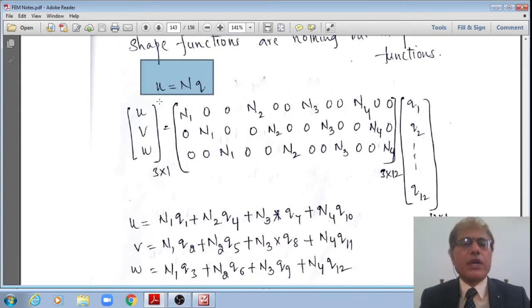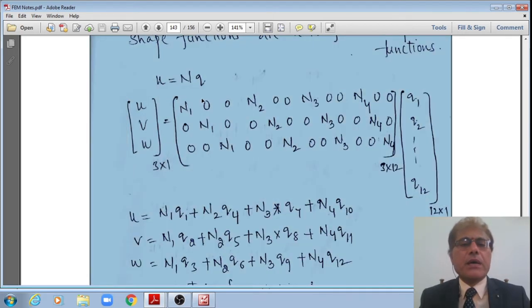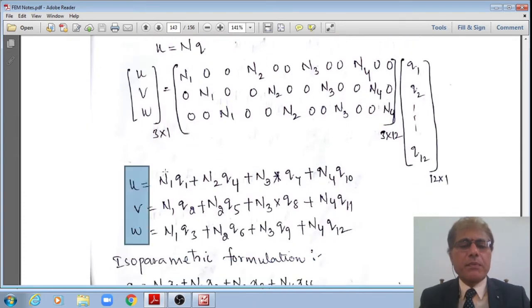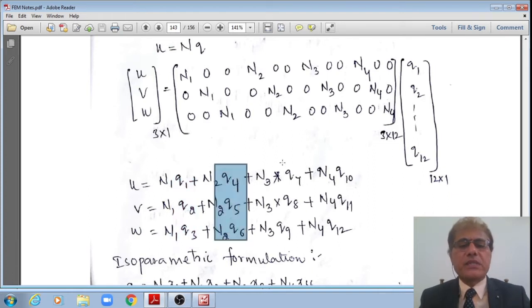We know that u is equal to N. However, here u is a 3 by 1 vector, given by u, v, w, and the displacements u, v, w can be interpolated using these shape functions N1, N2, N3, N4, using the degrees of freedom along x, y, z directions in the Cartesian coordinate system as q1, q2, q3, right? Similarly, q4, q5, q6, q7, q8, q9, q10, q11, q12. Therefore, now I can say that